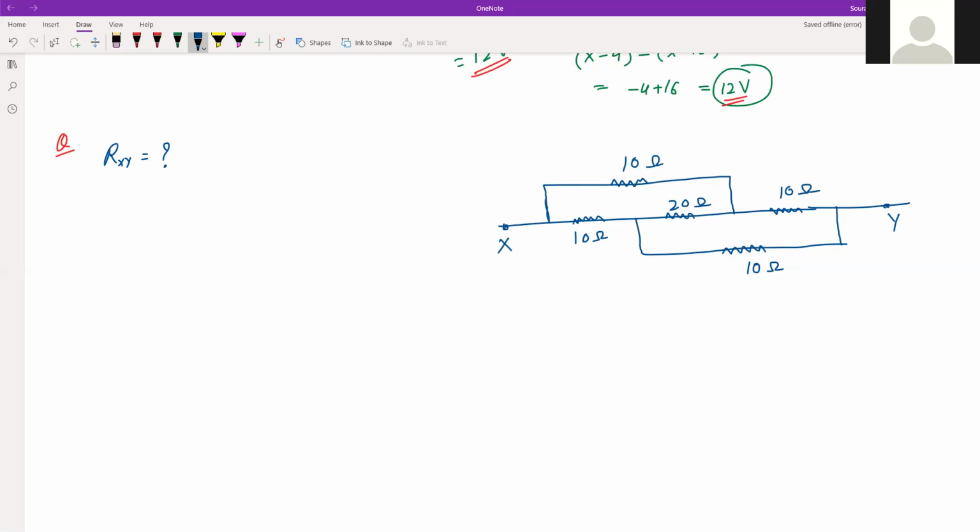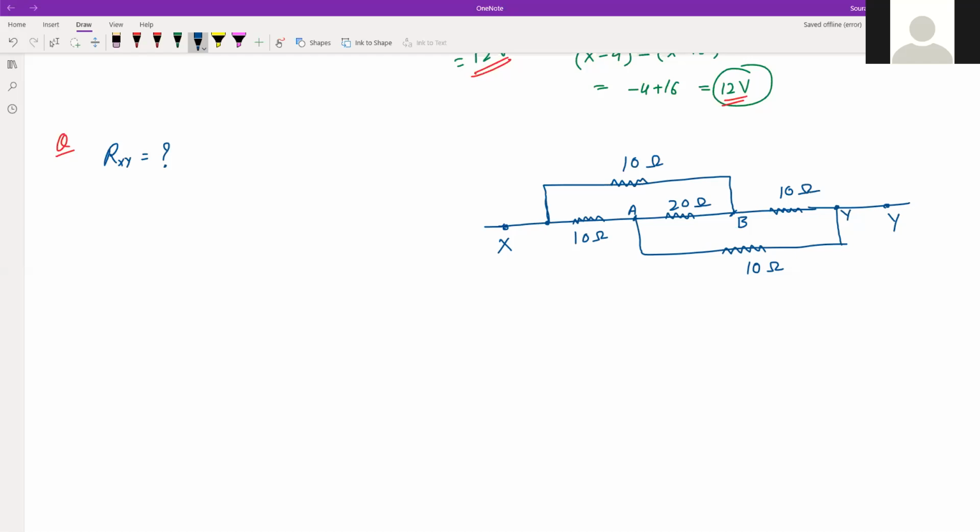So again, it is not easily given which two resistors are in series or which two resistors are in parallel. So we will have to rewrite or redesign this circuit. Between X and Y, when we travel from X to Y, what all points do we see? From X, we reach a junction. Let this junction be A, and then we have another junction, let this junction be B, and this is anyway Y, because between this point and this point there is no resistor shown, but this is the junction, so let that junction be Y.